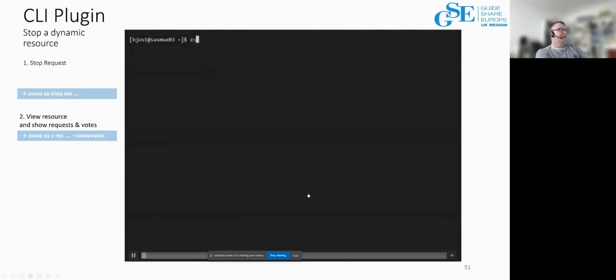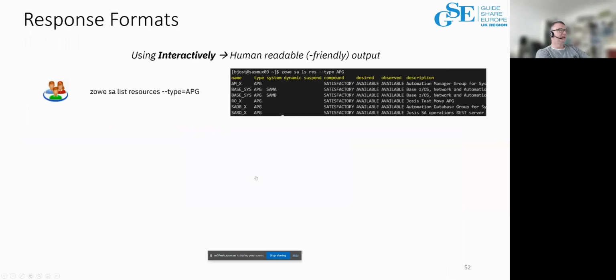Okay, here is a way that shows you how to stop a resource. You say yes, and the resource name. And okay, I will continue here because I just looked at the watch. So one thing I